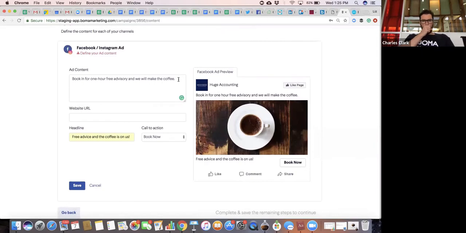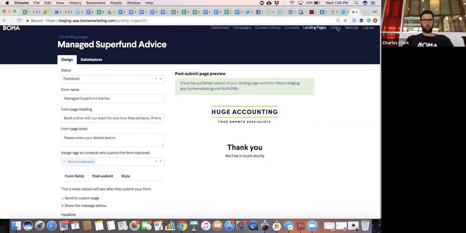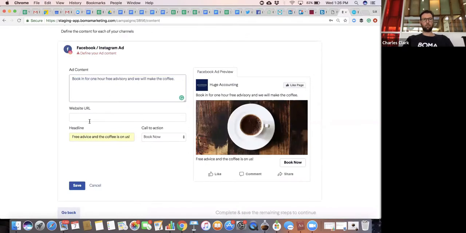So obviously, you could write this probably a little bit better, but for the purposes of this example, you can see I've put in a headline, I've chosen a call to action, a little bit of text into the comment about what the offer is, and then for the website URL, I've opened my Boma account on 2 tabs, so I can go back into the landing page that we created, copy that URL back into our ad, paste it in there, and then that button, the Book Now button, will take them to that landing page,